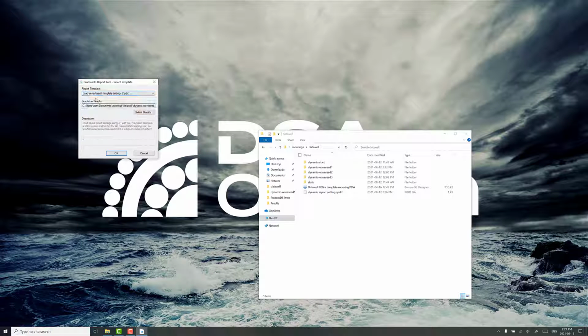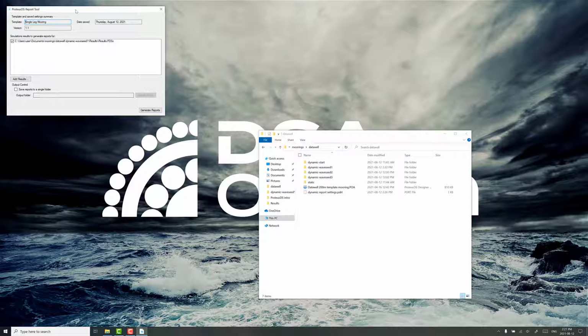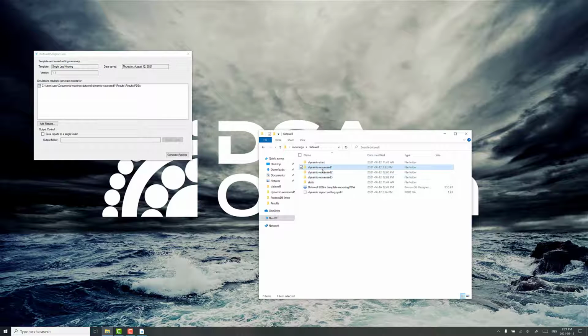Instead, we want to go load saved report template settings. It's going to ignore the results folder. So what it's going to do now is ask you to navigate to where you saved that PDRT template file. So we go OK, and now it's going to say, hey, please add all of the results you want to